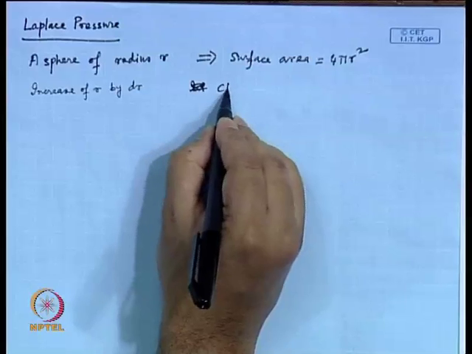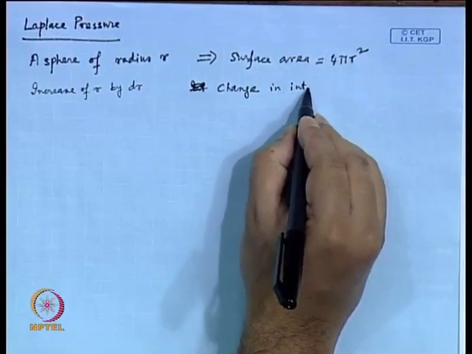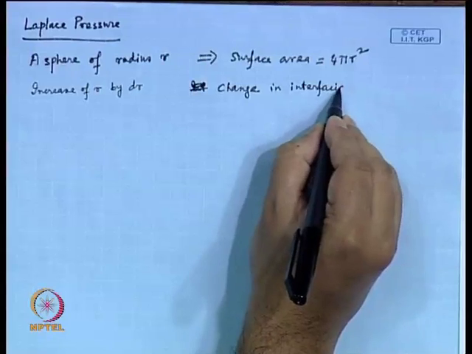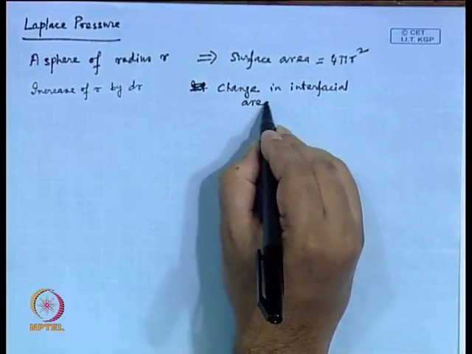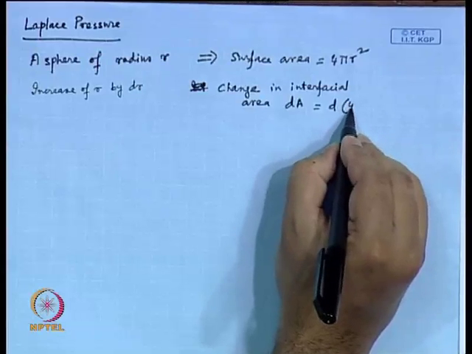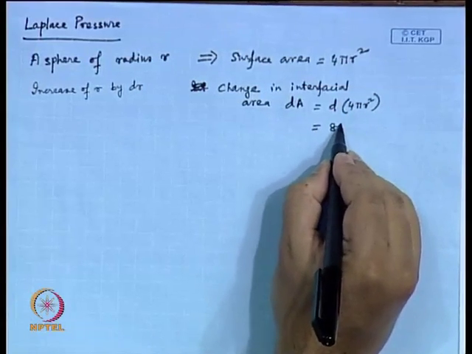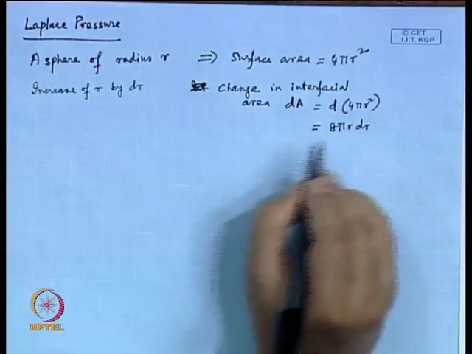So if I write the change in interfacial area, dA, that is equal to d of 4 pi r square, that is equal to 8 pi r dr,